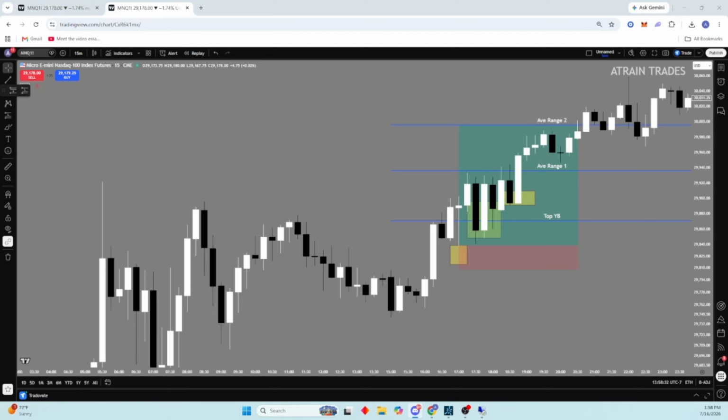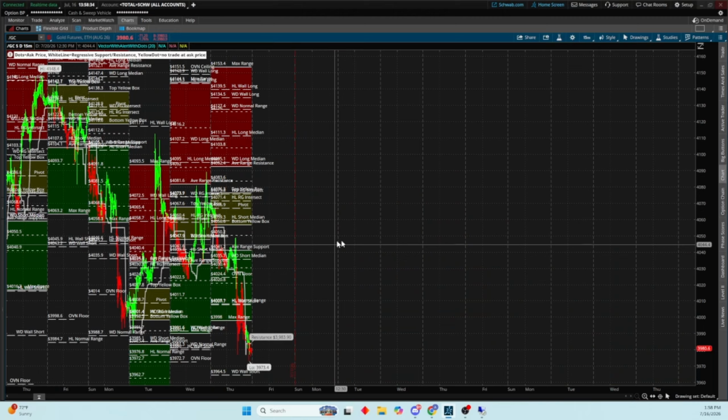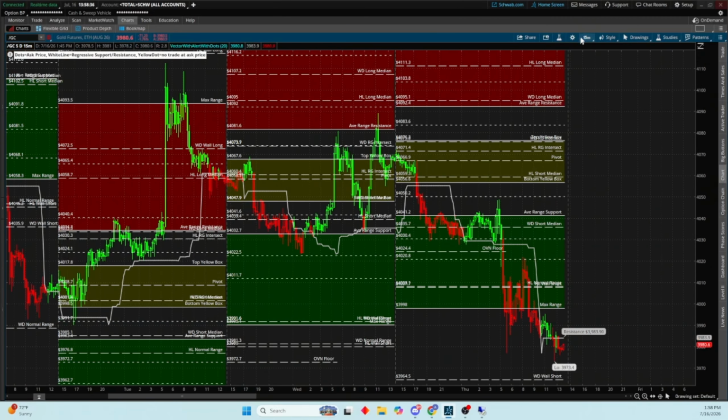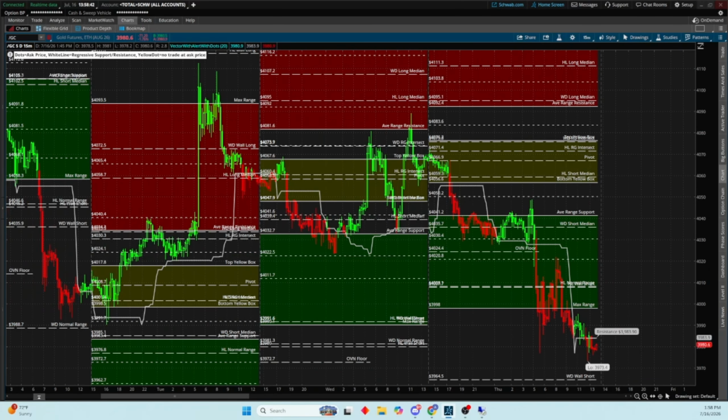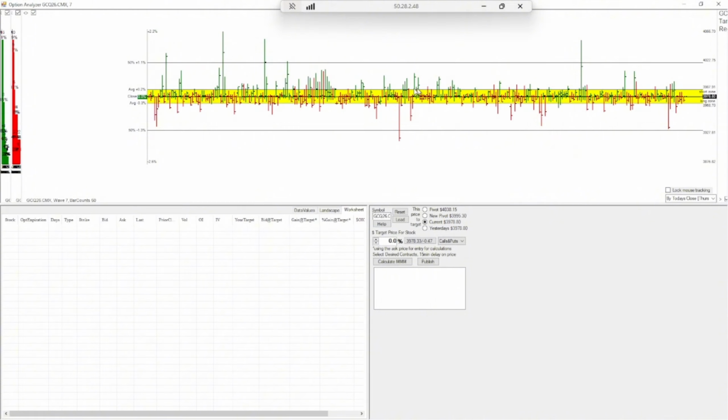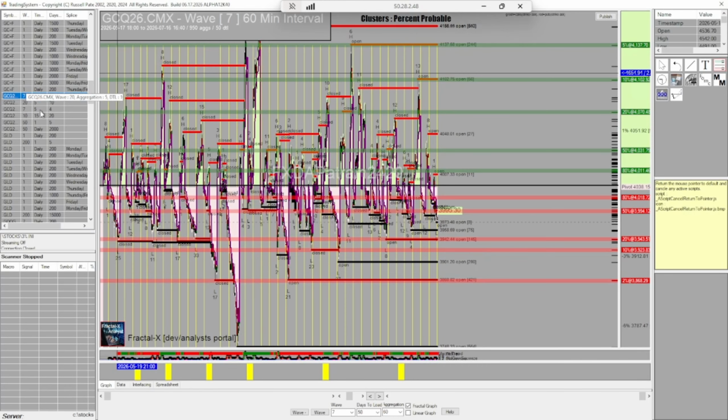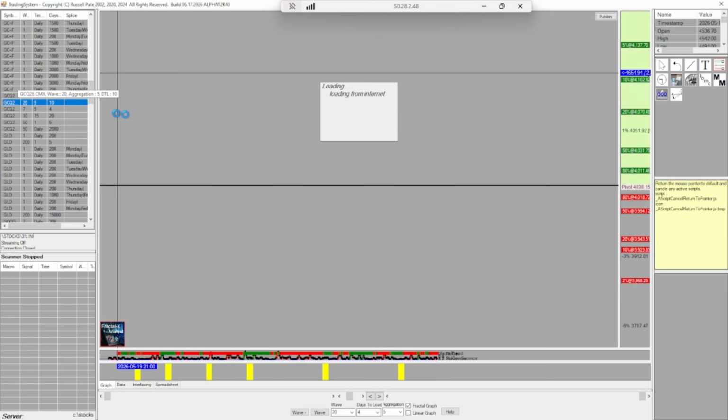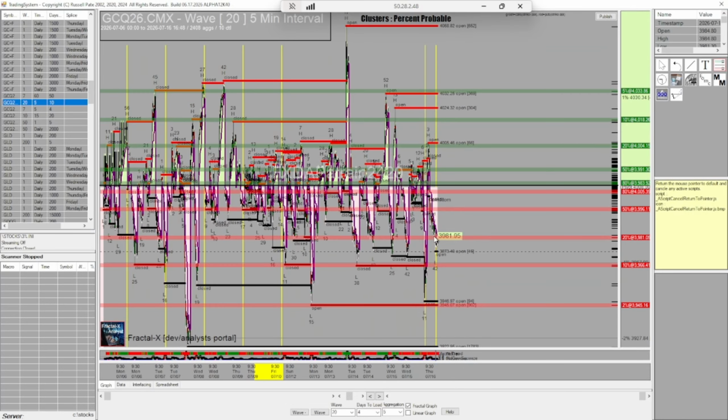I don't use TOS vectors, so for this, here's the Thinkorswim vector, guys. You can see it's this gray line here. I don't use that for entry. I prefer to use the vectors from, so let's just say, okay, let's say we broke out a yellow box right now on GC. I would come through on the 20-way 5-minute,